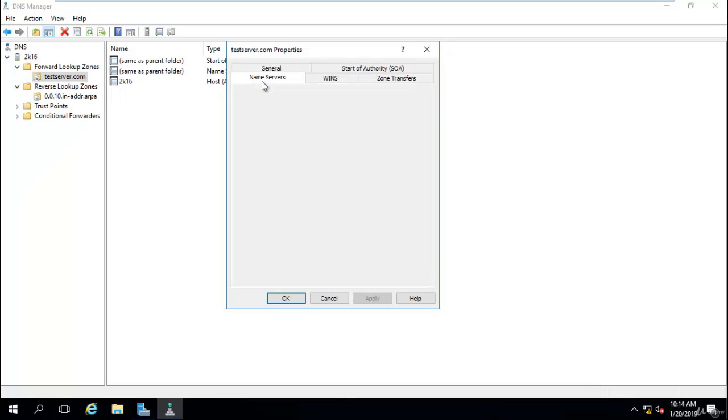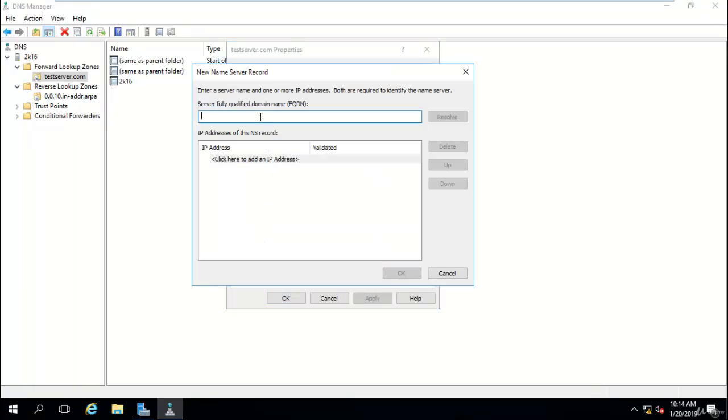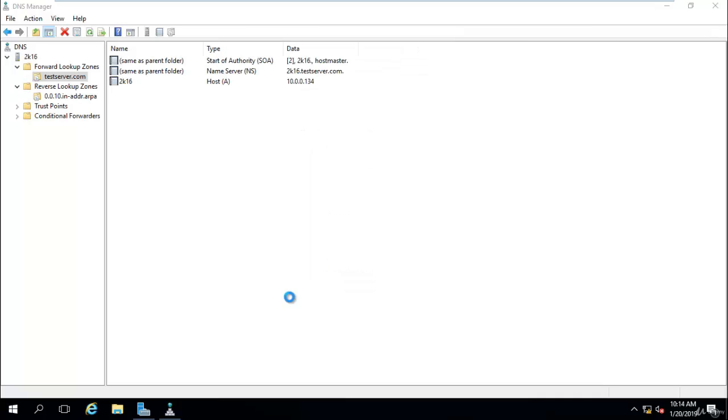If you add another server, it will give information to that server also. So think you have misconfigured and you clicked on to any server and just click on apply and OK button,